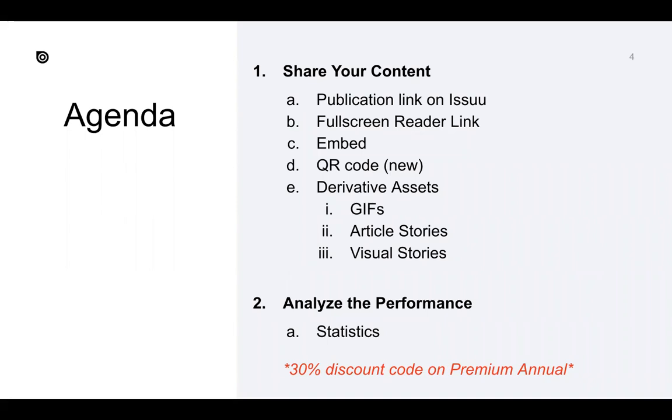What you can also do, in case you have your own website, your own blog, is embed the publication on your website, and people can be flipping through the pages. Something new that we have on Issuu is a QR code